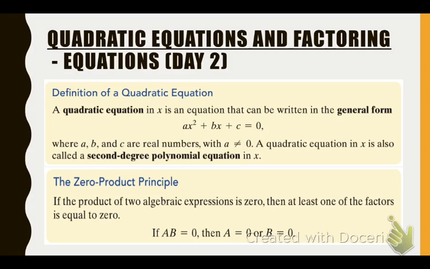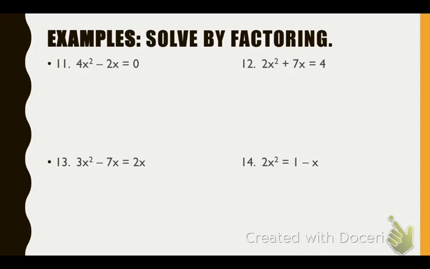Those are all going to look very similar, okay, in terms of there's going to be an x squared, there's going to be an x, and a constant. Then there is solving by isolation. That is when you do not have an x value. That is whenever I would use isolation. So the first one we're just going to go through is just by factoring. So if I look at number 12,